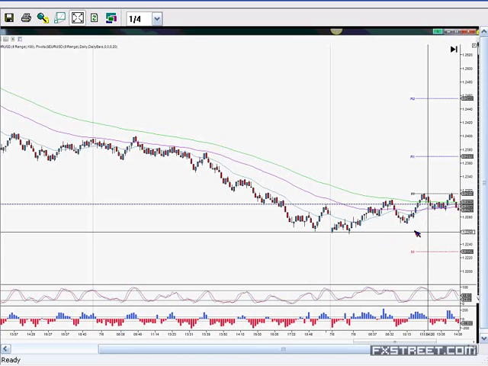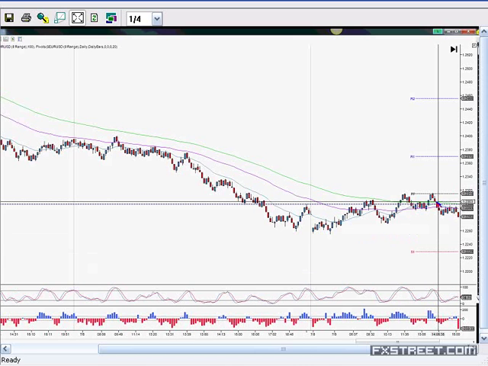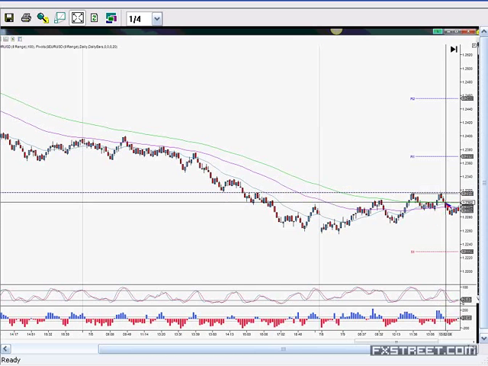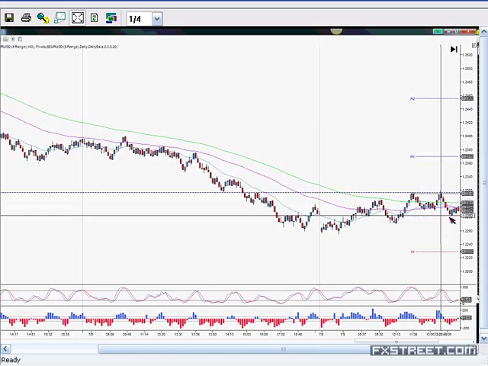Okay, the other trade of the day, which we didn't take, it would have worked out, but we didn't take it because the moving averages weren't aligned, was the bounce off of this pivot here. If you're looking for levels of support and resistance, as we said, that represents quite a nice level to trade. But as I said, we were looking for the moving averages to be aligned. They weren't. That would have represented a nice trade there.